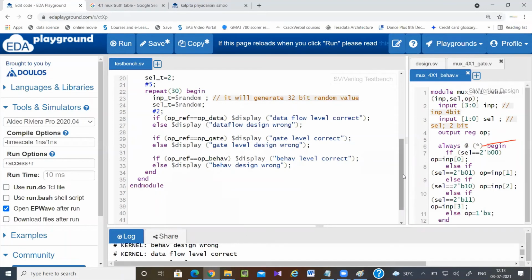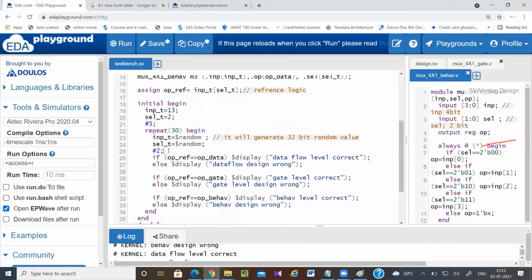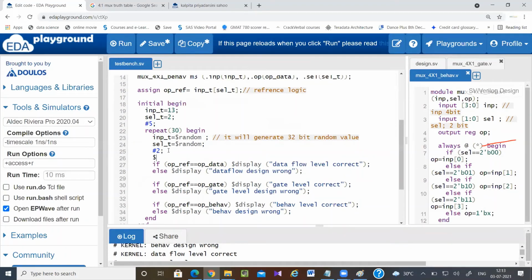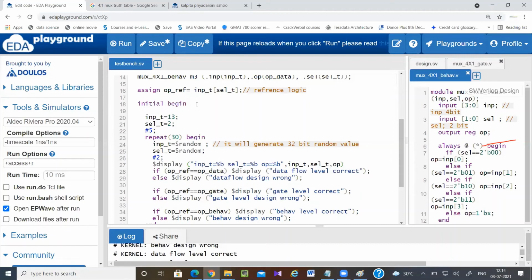I can display the values here also because I need to check what values I'm getting. So $display input equal to %b, in binary I'm displaying it. Input T, select T, comma output. Then if I need to check the waveform, I can add these things.